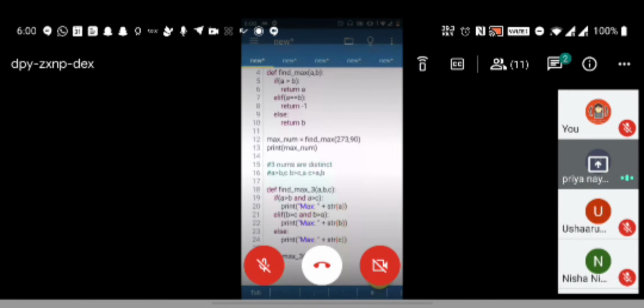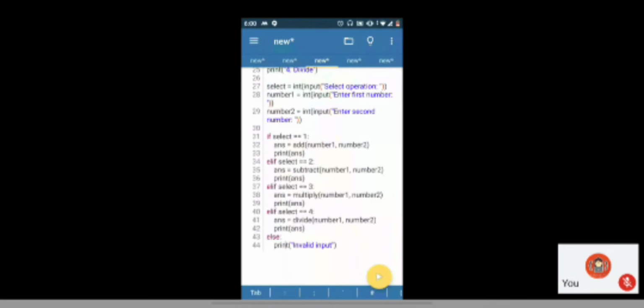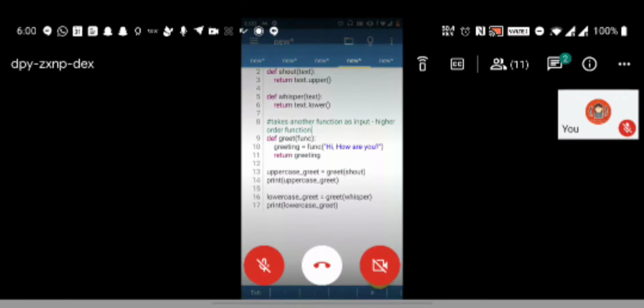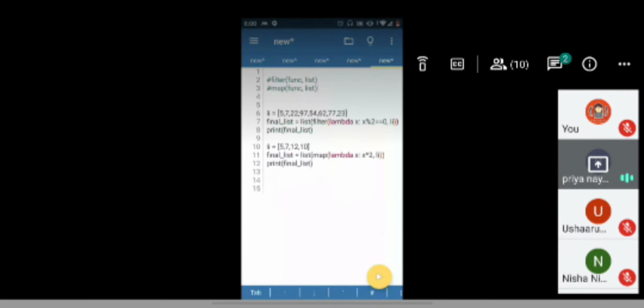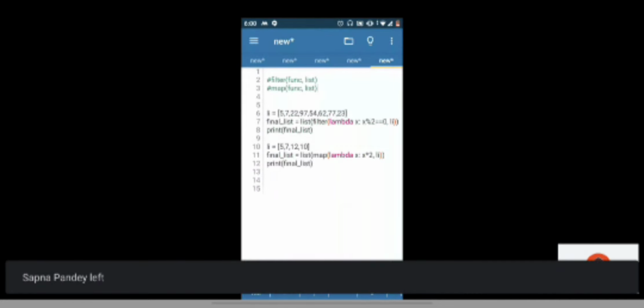If you have any questions about these functions that we have written, you can ask. Tomorrow we'll take the main function, and that is the last concept left in functions, and then we will probably go on to seeing how to import functions and all. So for today, no questions, anyone?